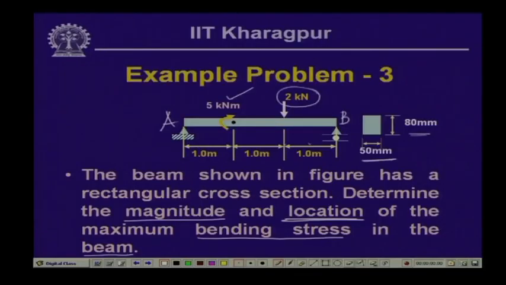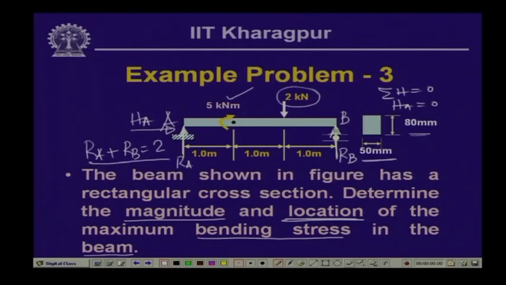Now, since this is a hinge support and this is a roller support, here we have a vertical reaction R A and the horizontal reaction H A. We have the vertical reactive force R B over here. If we take summation of horizontal forces equal to 0, we have H A equals 0. Summation of vertical forces equal to 0 will give R A plus R B equals 2,